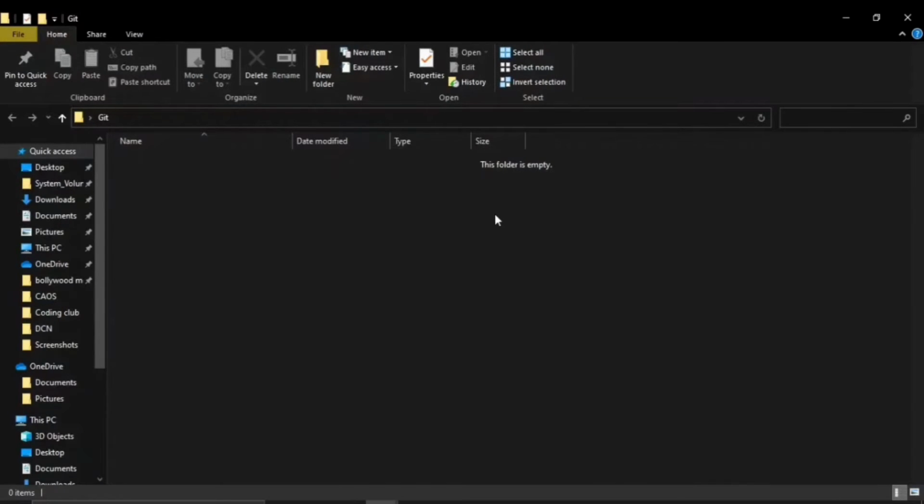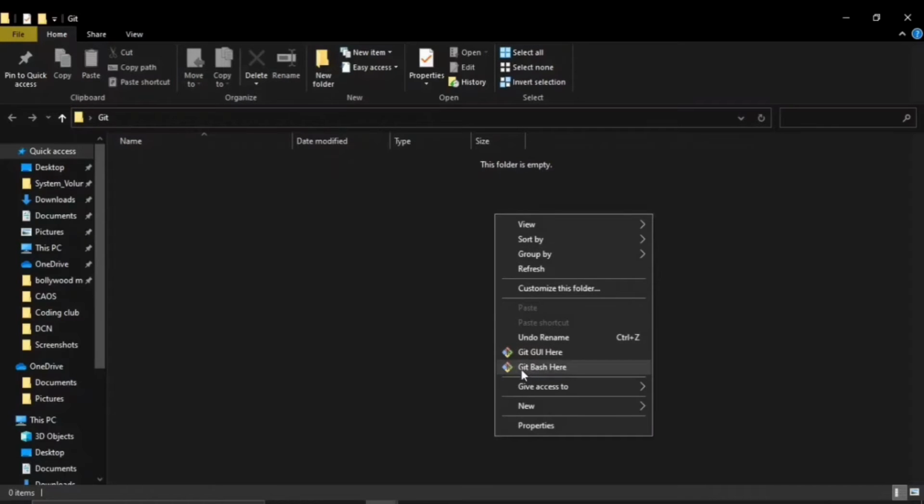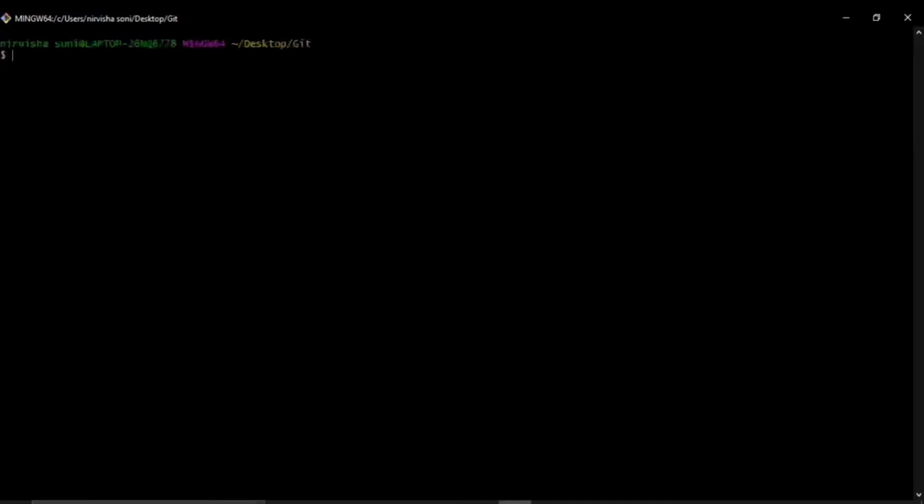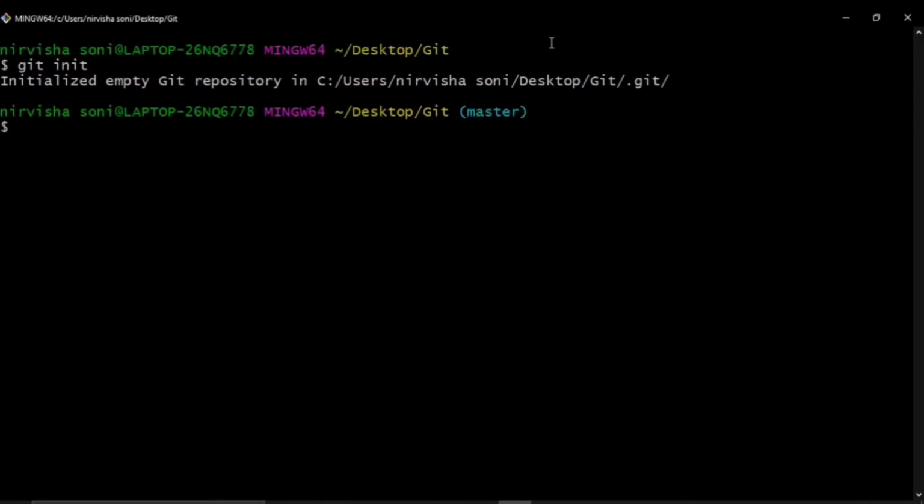Let's see. After coming inside this folder, right click here and go to Git Bash here. Let me zoom the screen for you. And now you can easily create a local repository with the help of a very simple command named git init. As soon as you press enter, it will say that an empty Git repository has been initialized, and it confirms the presence of a directory named .git.